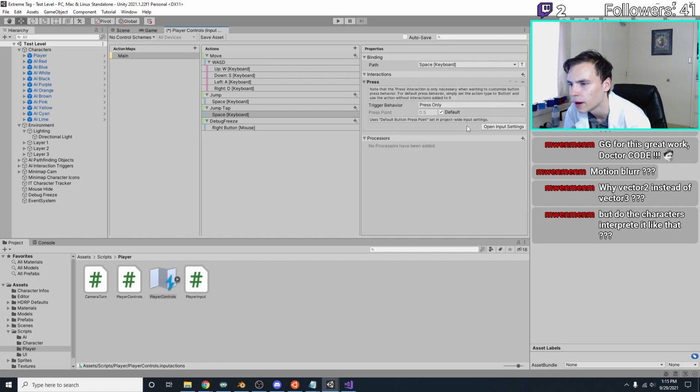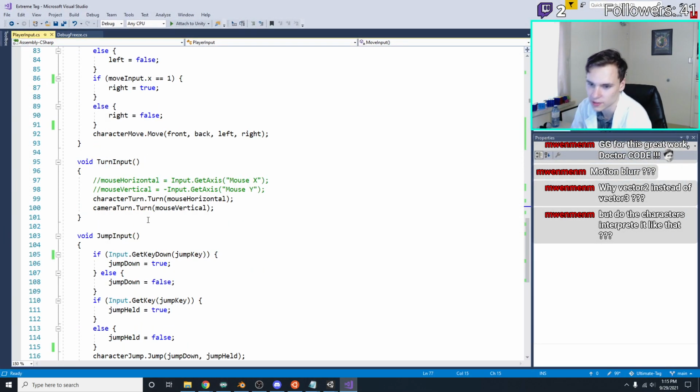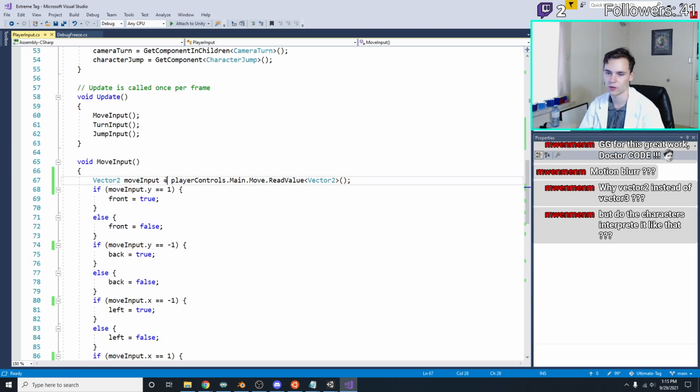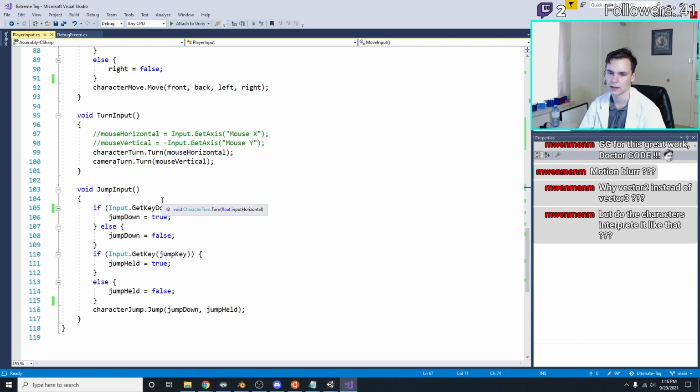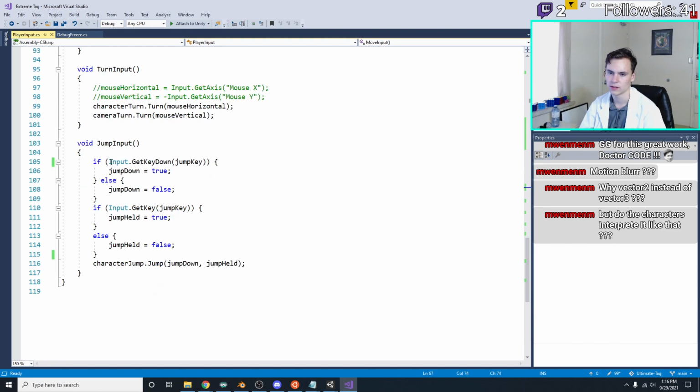So I don't want tap. Interesting. Okay, let's try this. If it works, it works. If it doesn't, it doesn't. So I think I need to go to player controls. So this is get key down. So this is my hold jump thing, I guess. So main dot jump